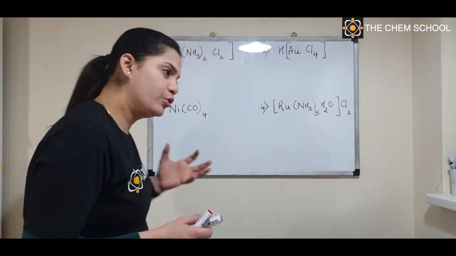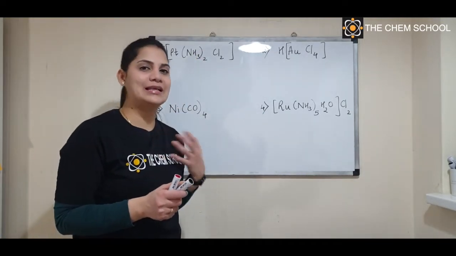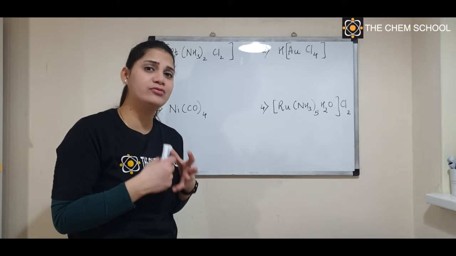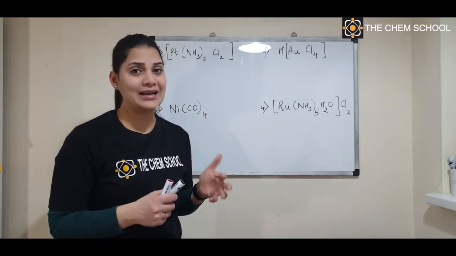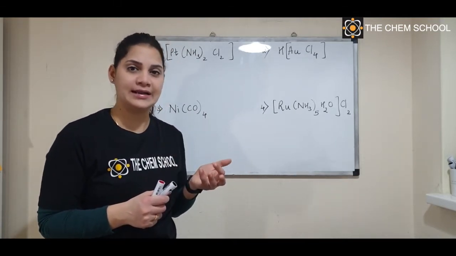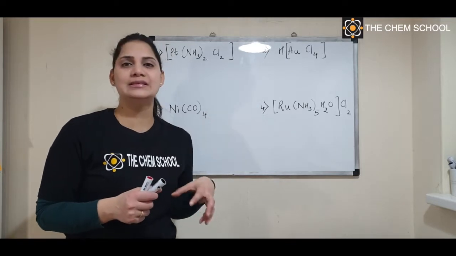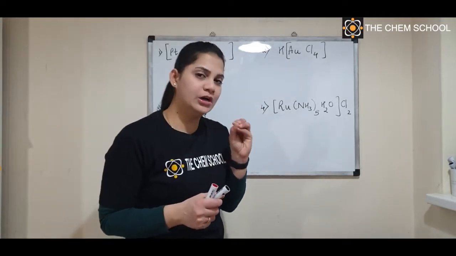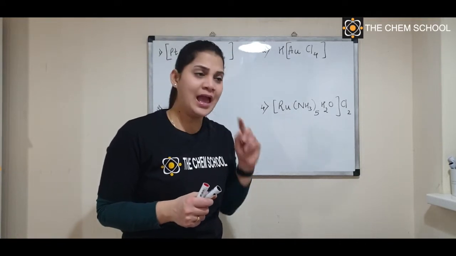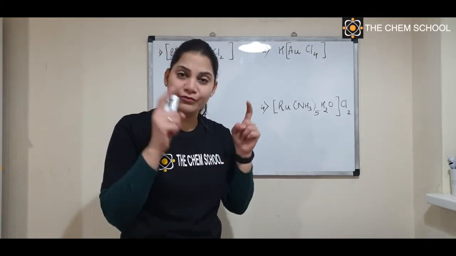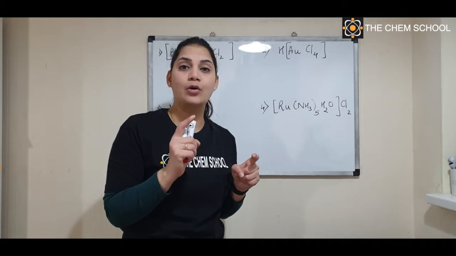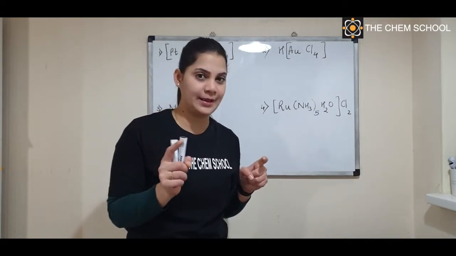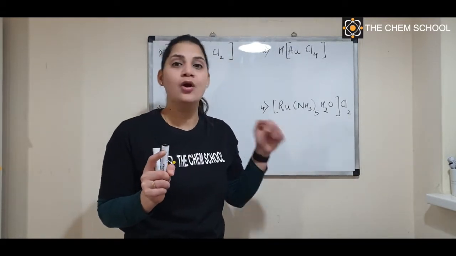If you remember, we have spoken about the classification of ligands, neutral ligands, monodentate ligands, bidentate ligands, and I have taken many examples which tell you the charge of the ligand. That is very important here. I will also give you a table of the charge of the ligands when we talk about IUPAC nomenclature. Once again, I will attach the link for your reference.